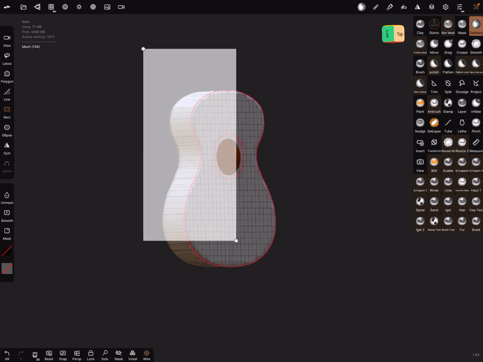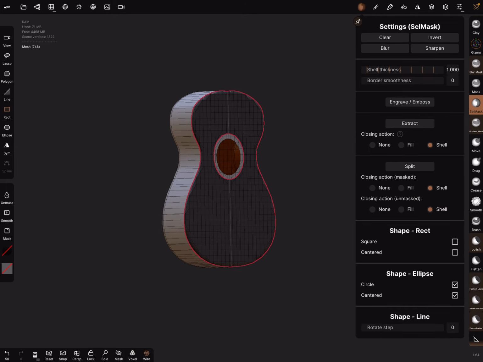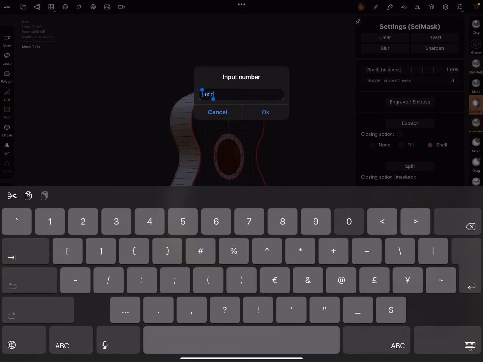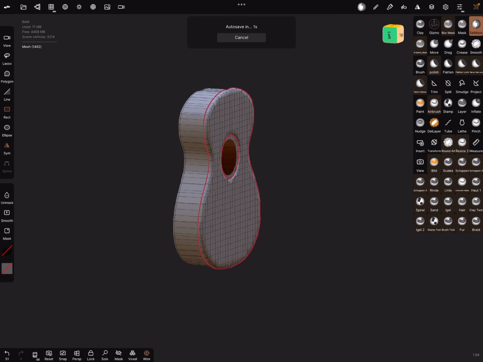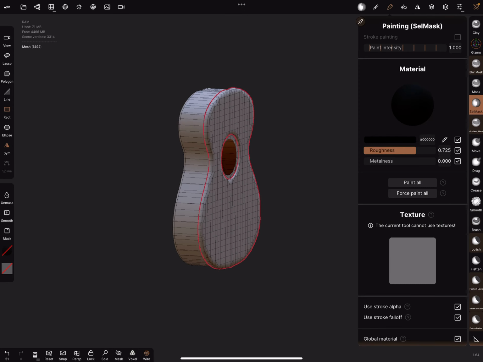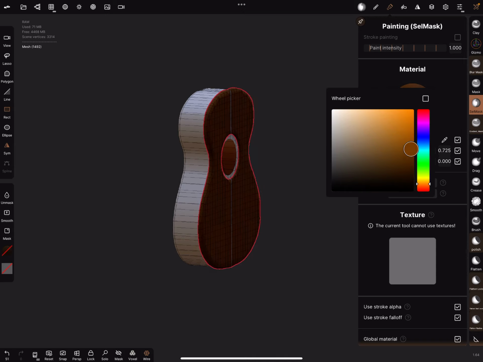Use the selection mask, mask it, and now we can give it a shell thickness of 0.2, that is okay, and extract the shell. We can give it a color, such as gray.